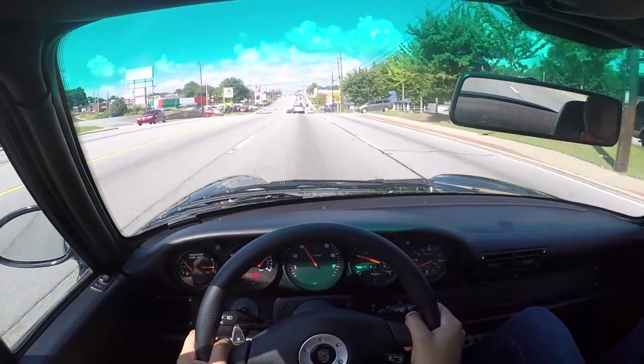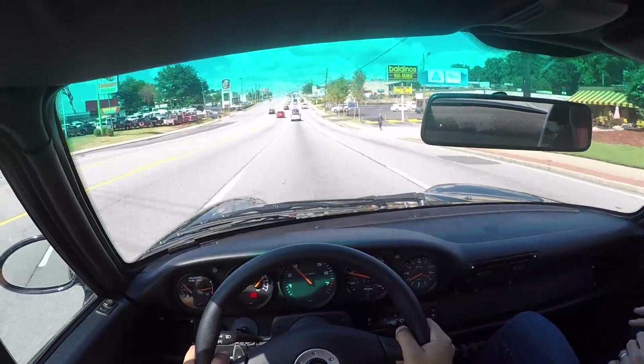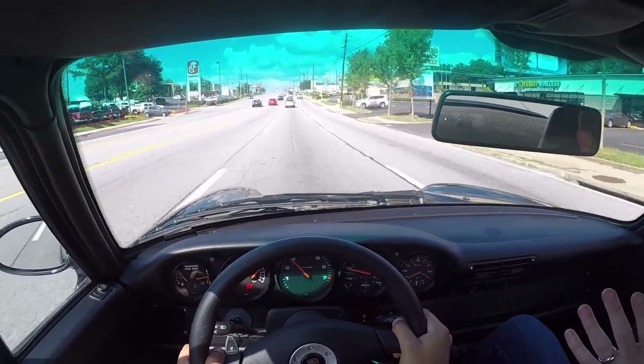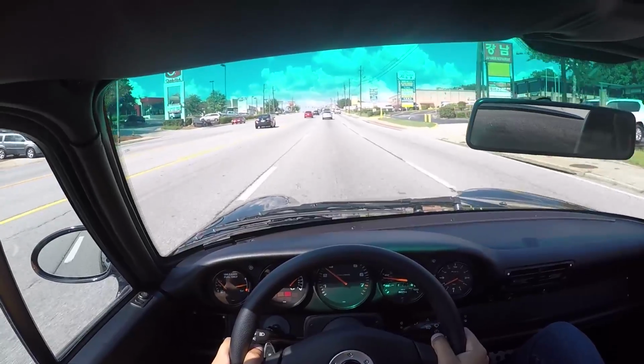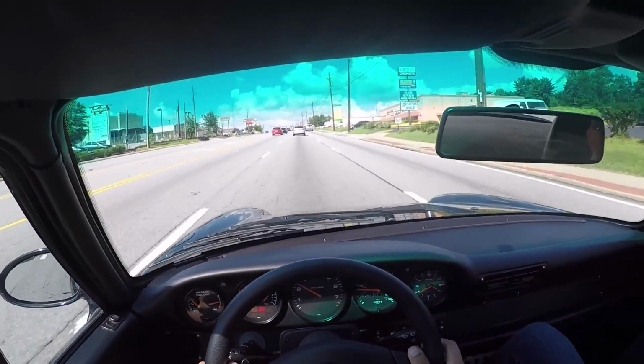And all 964 and 993s, they all leak oil like crazy. And this motor is completely dry. It's amazing. It's an extra little incentive. But for 35 grand, I mean,